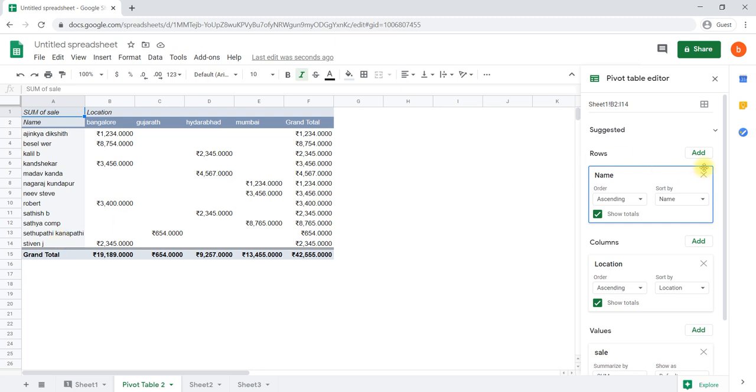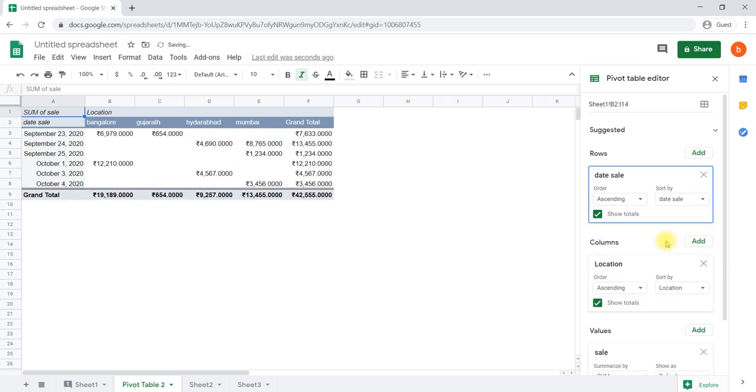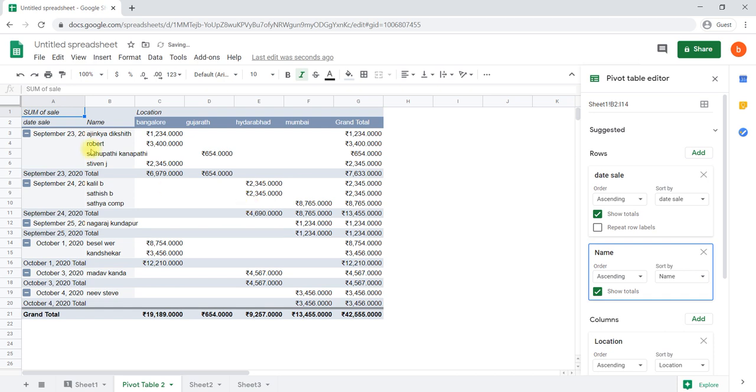For example, I say add sales date wise, then add one more thing, that is the name, so that for each date you can see who all the customers are, from which location, how much order they have given, in total how much order, and that particular date's subtotal also. In this sense, you can analyze the data very clearly by using a pivot table.